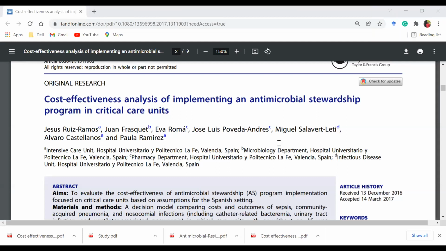Go on, yeah, please. I would have wished to present to you something specific to antimicrobial, like I'm saying, but I'll present you something around COVID-19. But there is not much difference to what I'm going to present to you. If you look at this study that was done, it was talking about cost effectiveness analysis of implementing an antimicrobial stewardship program in critical care patients.